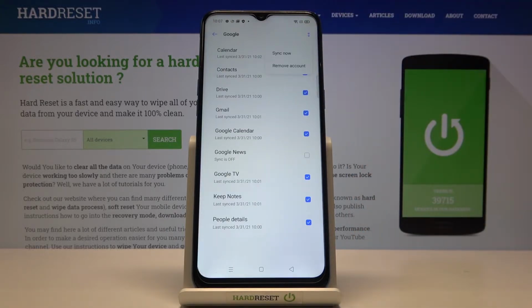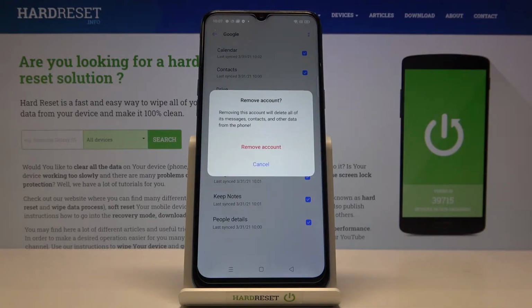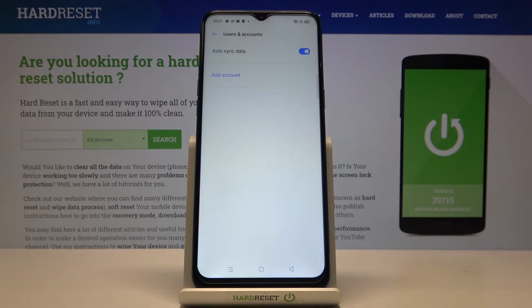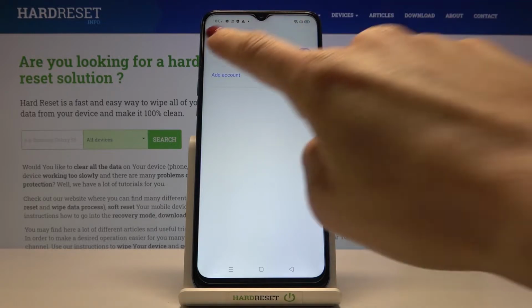And if you would like to remove it, just tap on remove account, and select remove account to confirm. And that's it. As you can see, from now on it is not connected with your device. And whenever you would like to add Google account, just mark it,